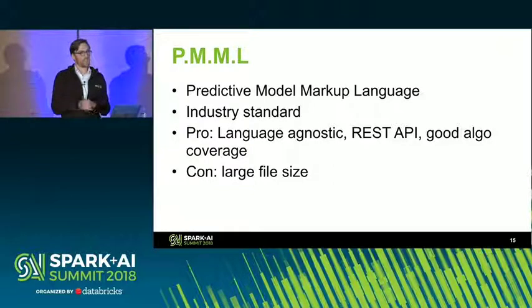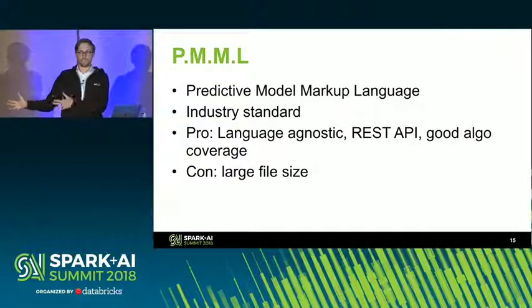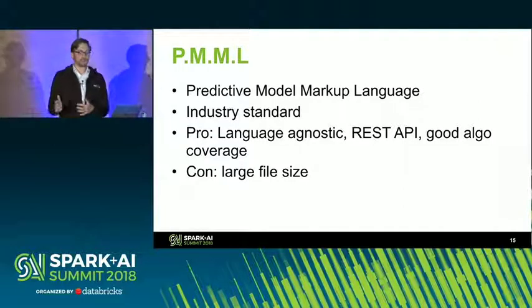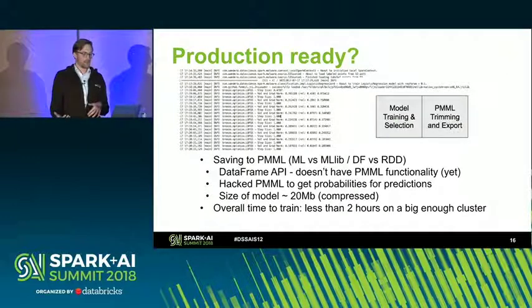The bad thing is that because it's XML and because it has to list all the features you use, all the sort of weights you're using, it can create some very large file sizes. I think for this particular model, it was in the megabytes, tens of megabytes sort of region, and when you're then trying to take that file and deploy it into production in a way that doesn't stop the service for too long, you get some big problems. So we had some workarounds for that, which I'll talk about in just a second.